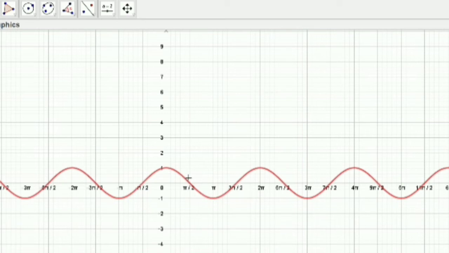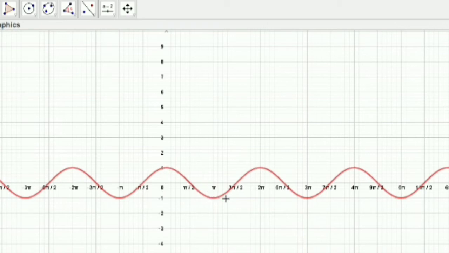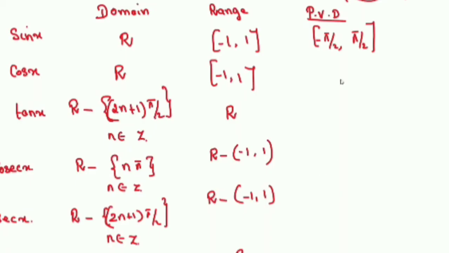So there are so many branches actually. This is one curve, see, this is one branch. A similar branch you can see here. Similarly here also we can see pi to 2 pi, this one. So there are so many branches, but we choose one particular branch, and in all these branches the function is invertible, because in these branches the function is 1 to 1 and onto. So we are choosing this branch 0 to pi, that is this part of the curve. So you understood why we are choosing this, because we need the full range. So we are choosing that branch 0 to pi. So the principal domain for cos is 0 to pi.